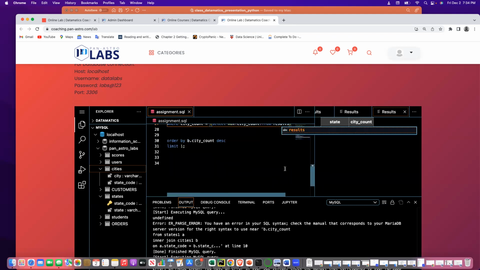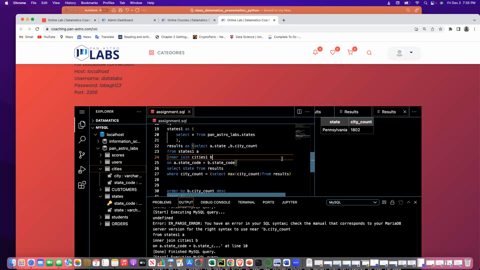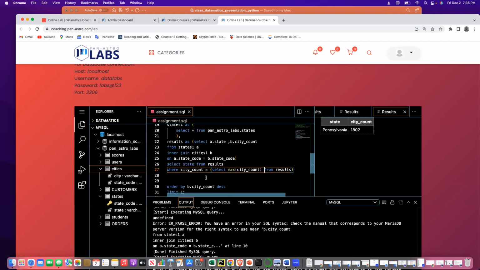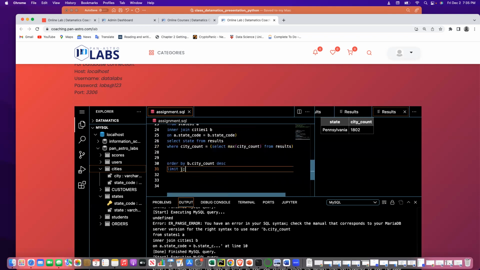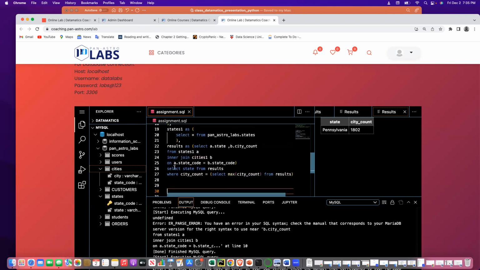Anybody understand what happened here? Now I want the max. I'm no longer playing with this order by limit 1. I don't want this anymore. I just want my solution direct. I want select state from results,